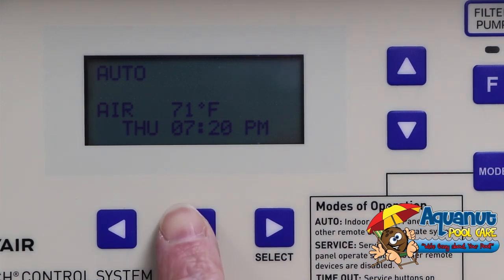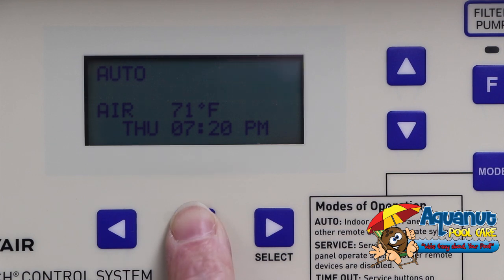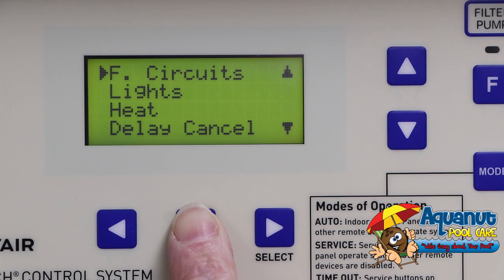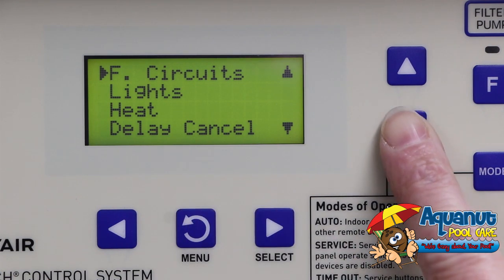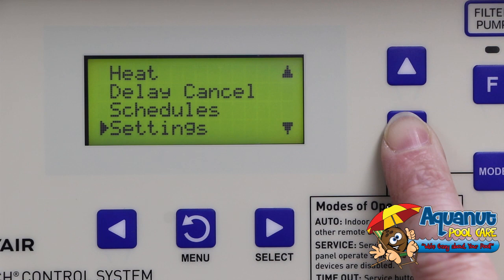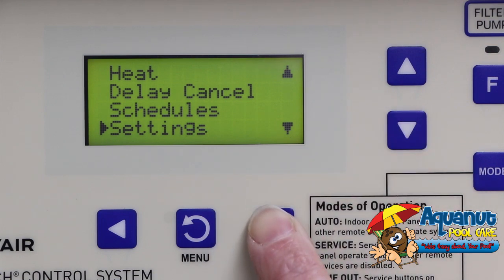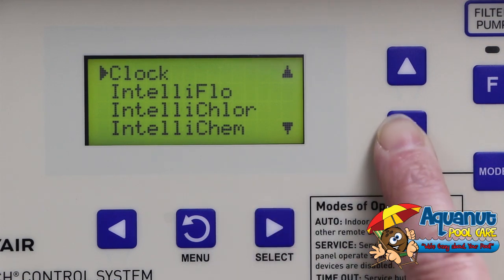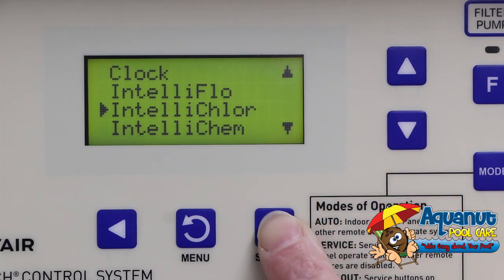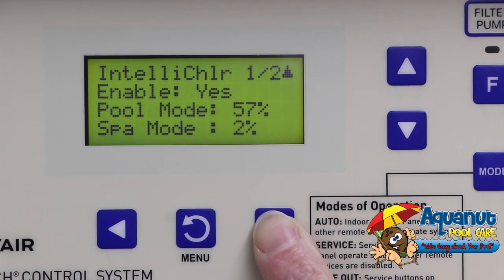You are going to hit the menu button, probably going to hit it twice till the lights come on. Then you're going to scroll down using the down arrow till you get to Settings. Hit the select button or the right arrow. Scroll down to IntelliChlor, hit the select button, and that will bring you into this menu where you can hit